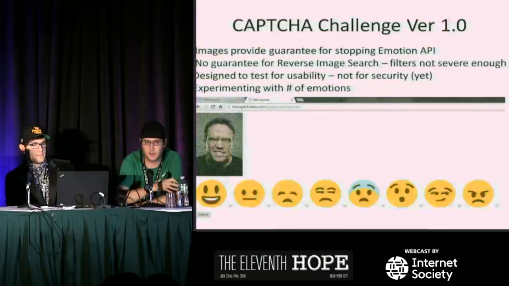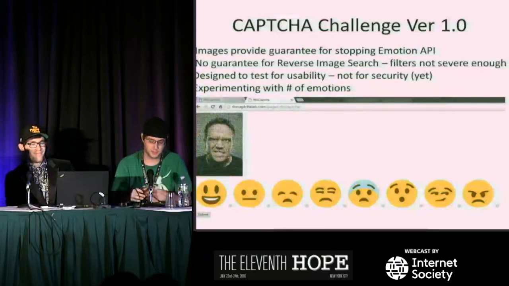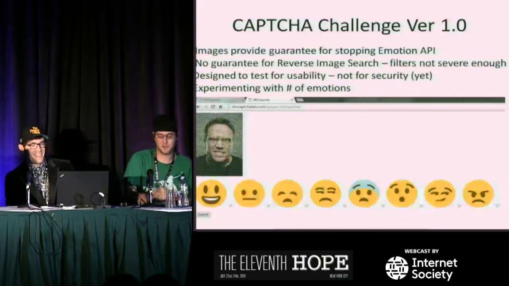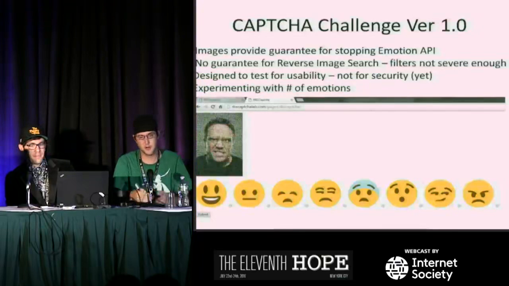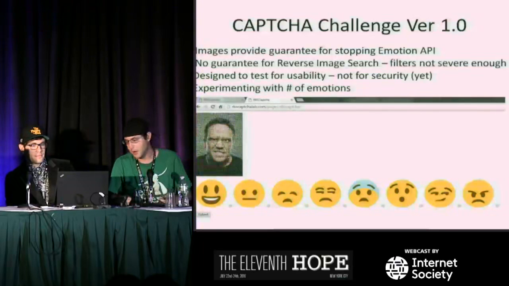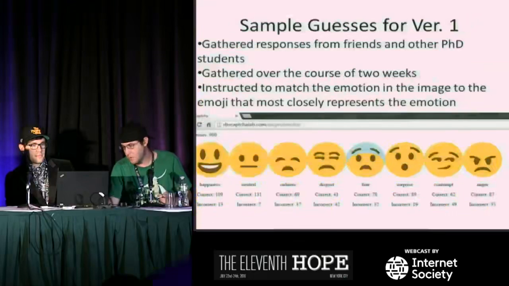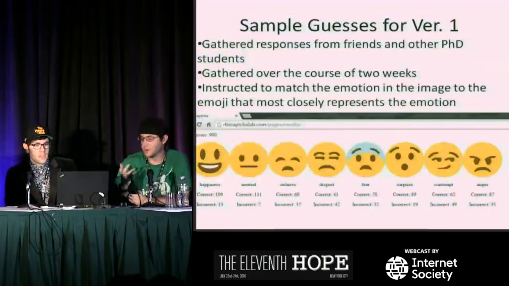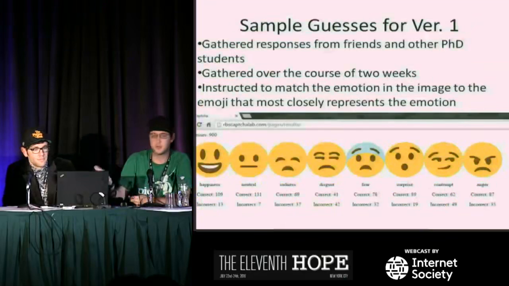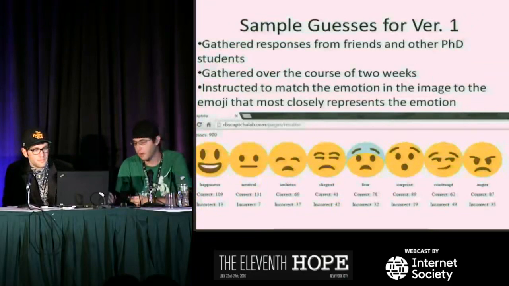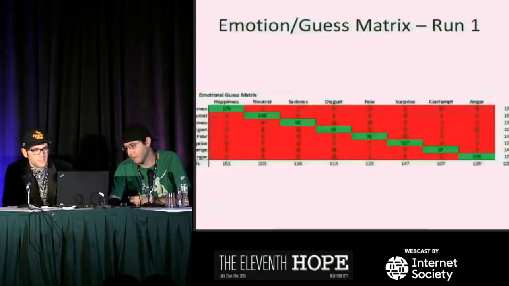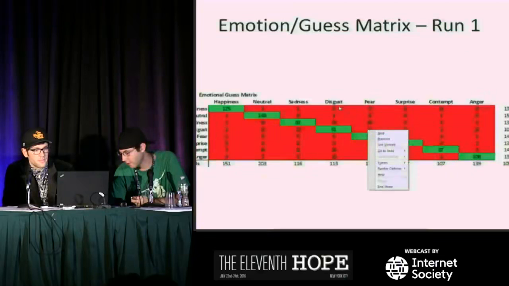We're getting to security, but because this is for Dave to get a PhD, we have to keep all of our variables constant and modify one at a time so that we can measure what kind of change a single variable produces. So we gathered responses from a bunch of people and just threw it up there, said, try this out. Here's the matrix. You guys can find the slides online later.